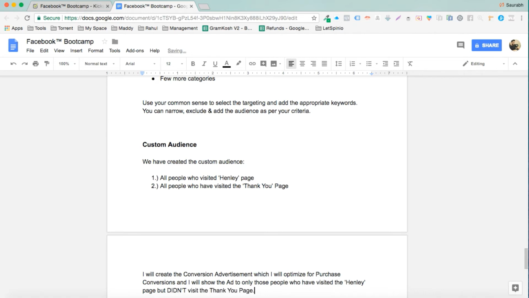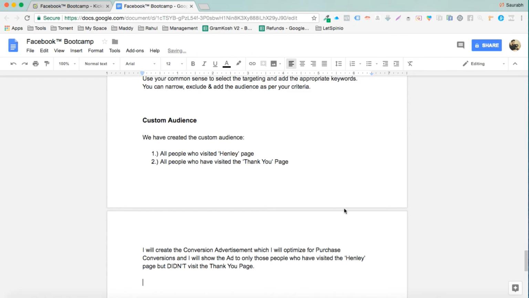So what we are doing is we are adding the subtraction logic. So I am adding the conversion objective advertisement, right, and optimizing it for the purchase objective, right, and showing the ad only to the people who visited the Henley page but didn't visit the thank you page.